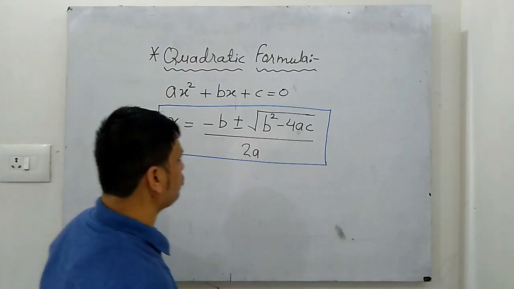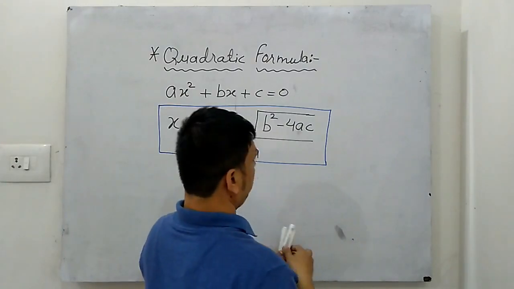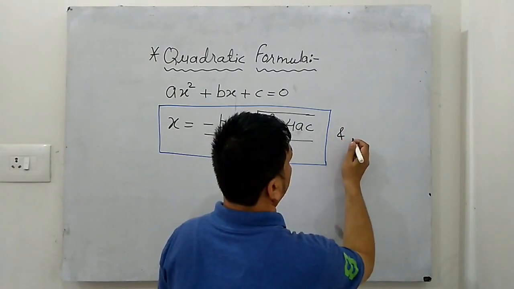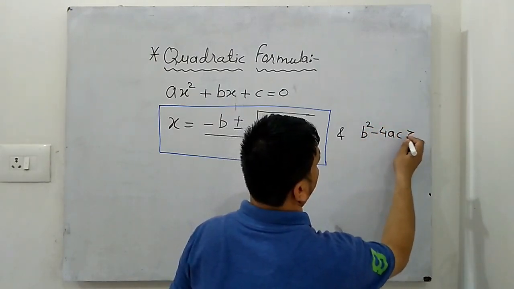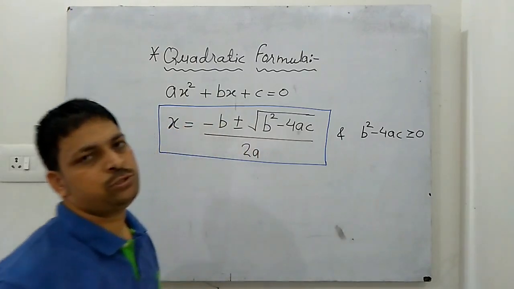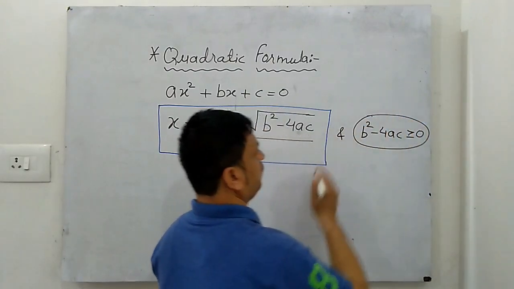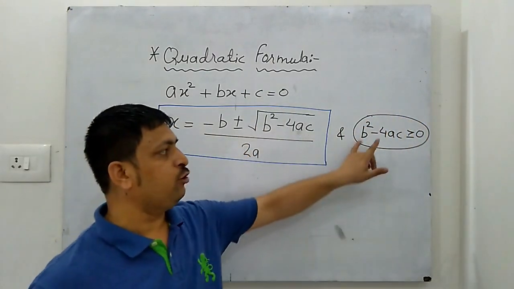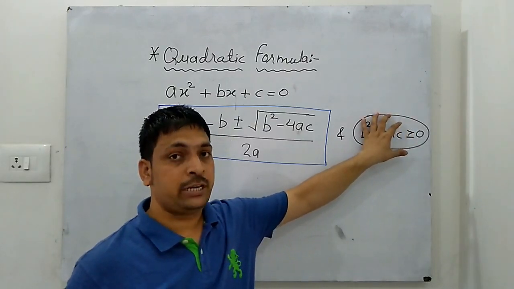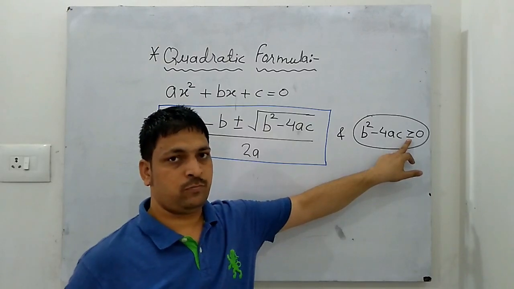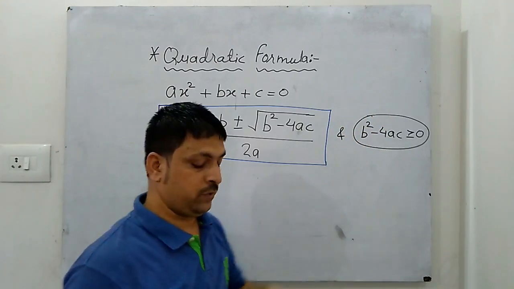But there is a condition, students. In this case, the value of b square minus 4ac should be greater than or equal to 0. First we will calculate the value of b square minus 4ac. It should be positive or equal to 0. It cannot be negative. Keep in mind,